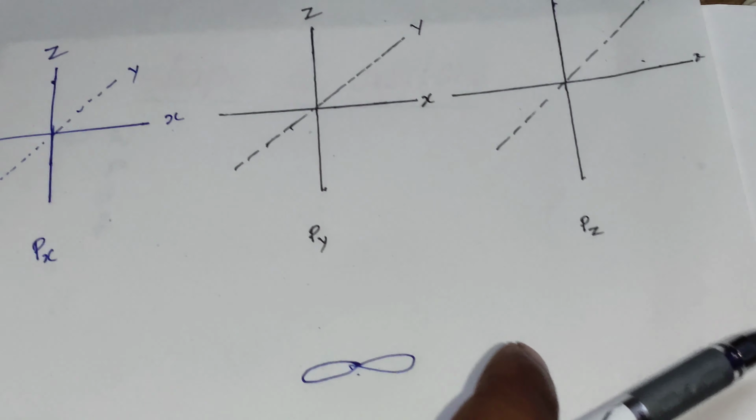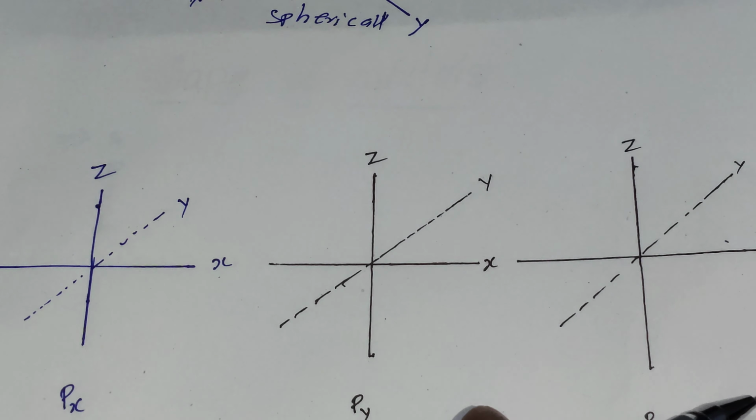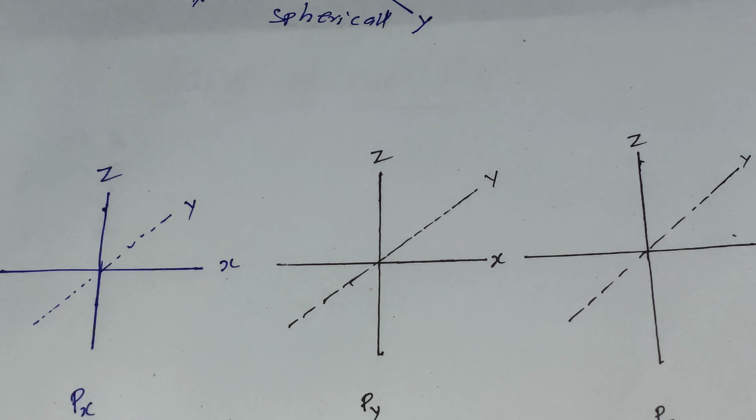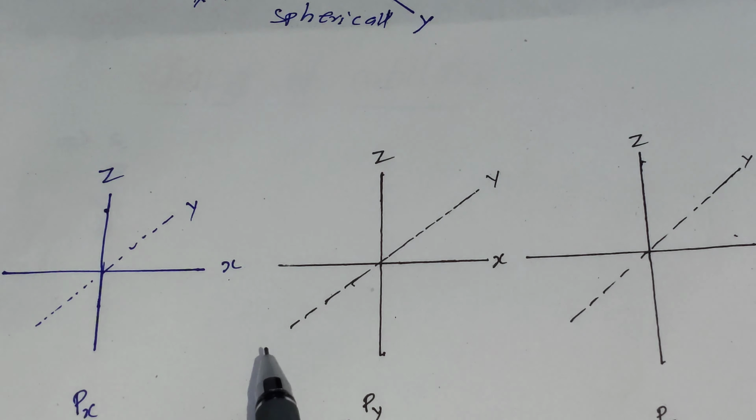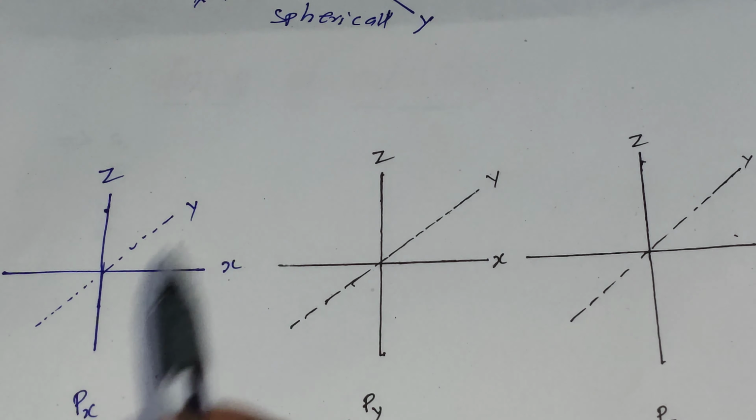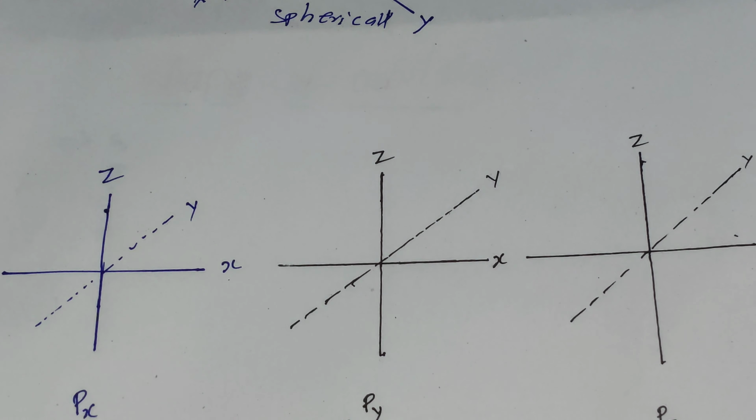The p subshell has three orbitals, that is px, py and the third one is pz. All three p orbitals of a subshell have the same energy and shape but differ from one another in orientation. The px orbital, py orbital and pz orbital have the same shape, and the shape of the p orbital is the dumbbell shape.